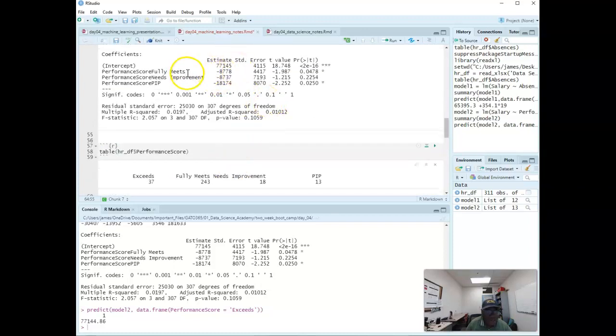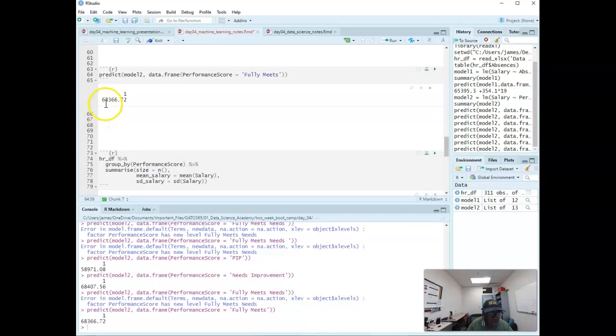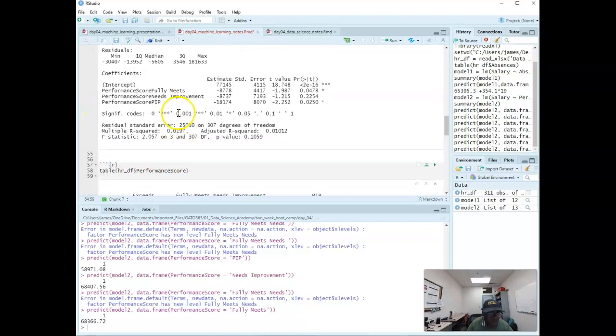So let's say we're doing fully meets needs. So let's just copy. All right, fully meets. My apologies. That should be just fully meets, not needs. And when I run this, it should give me a prediction. So 68,336. It's a little bit off in terms of decimals, but if we were to do the calculations,